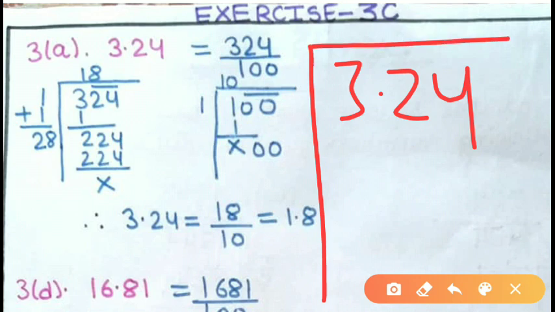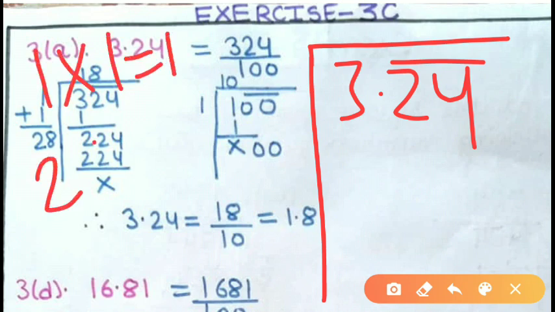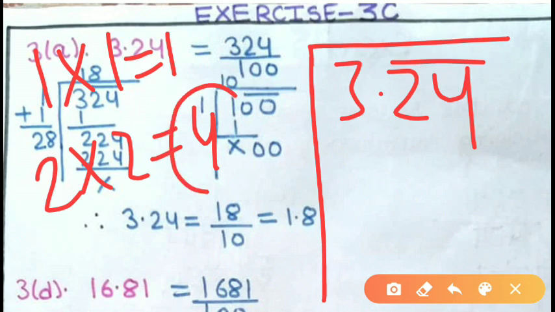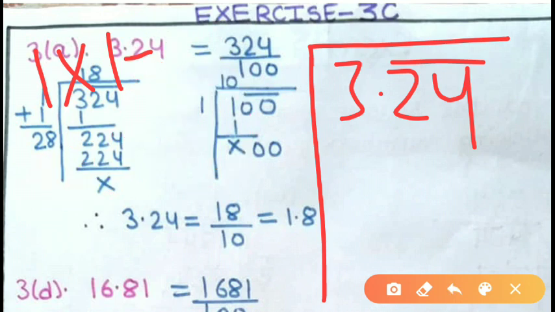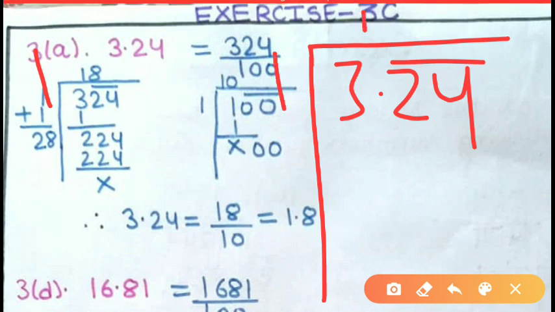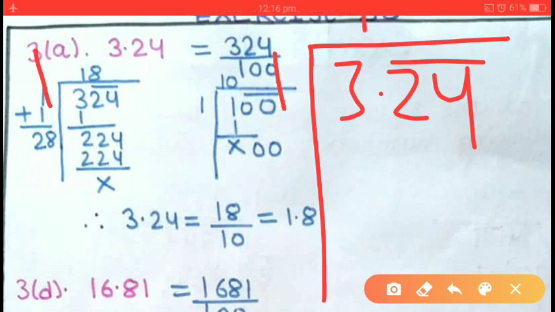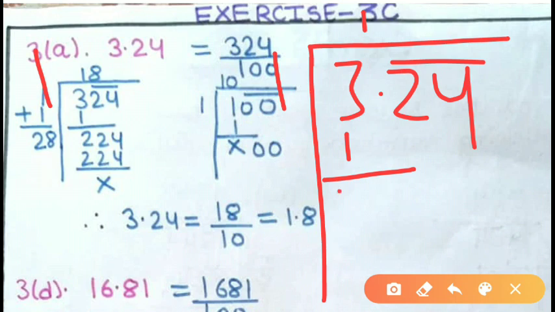First of all, start making pairs from the unit digit. So this is one pair. You just leave the 3 because it does not have any pair. Now you find a number equal to 3 or less than 3, by multiplying the square of a number: 1 into 1 will give you 1, 2 into 2 will give you 4, and 4 is greater than 3. So we will go with 1. Write here 1 and here also 1. This will give you 1, and when you subtract it you will get 2.